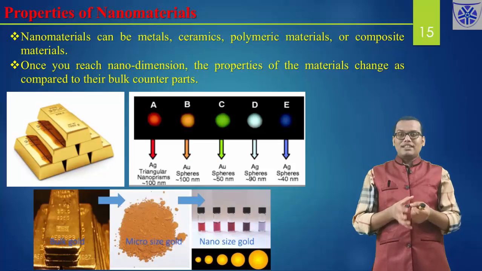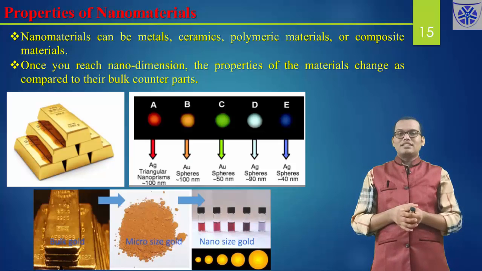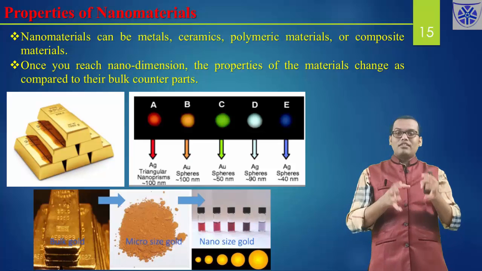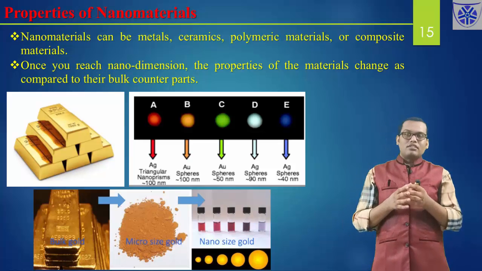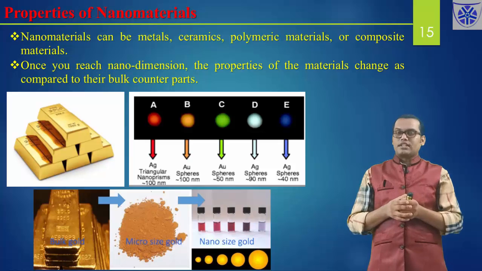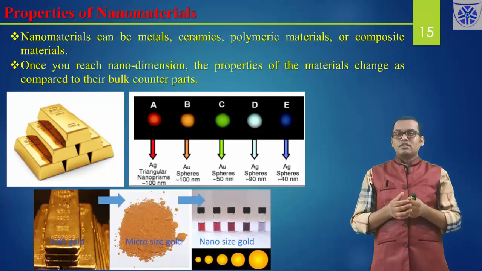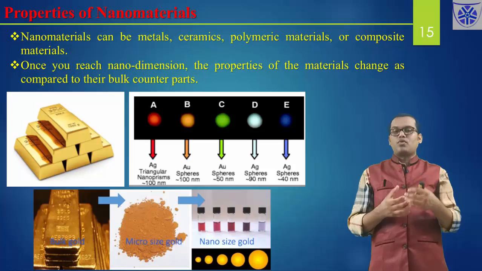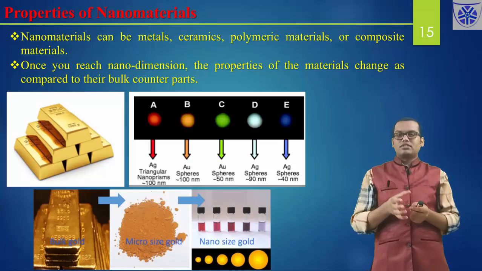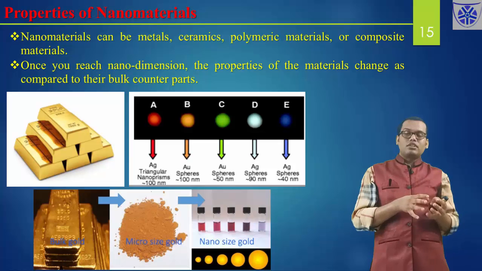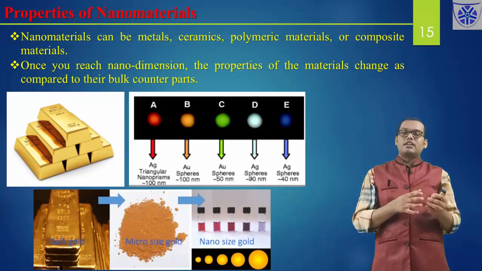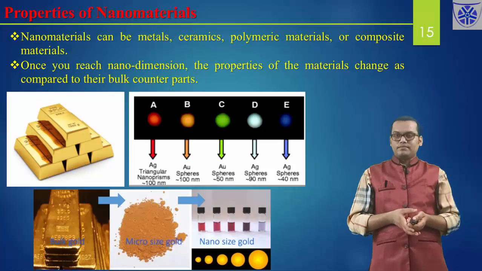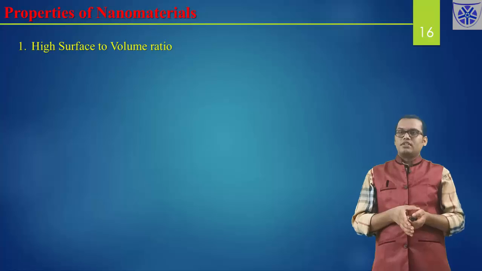Right? When you make the nanomaterials, the color is changing. Now the color of the gold nanomaterials will vary depending on the size of the nanoparticle. It can be purple, it can be blue, it can be yellow. So it will change its color based on what size of nanomaterials you have grown. Right? If you have the micro size, the color is different. Once you go to the nano size, the color varies again because of their size. I will come to why it is varying. That is also another property.